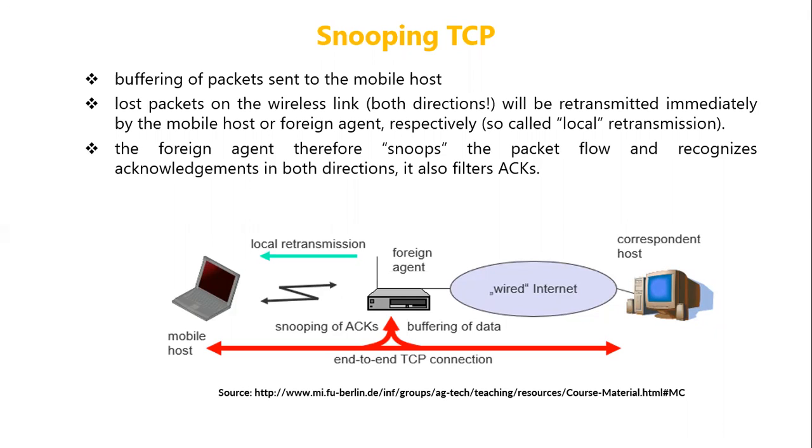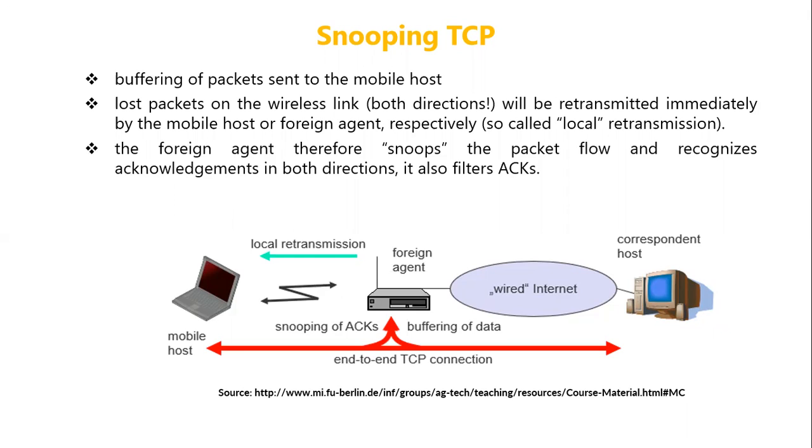But it won't send any acknowledgements. Acknowledgements will be sent only by the respective destination. When the communication is from the correspondent node to the mobile host, the mobile node only will send the acknowledgement. Similarly, when the communication is from the mobile node to the correspondent node, the correspondent node only will send the